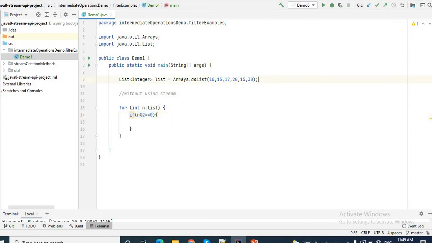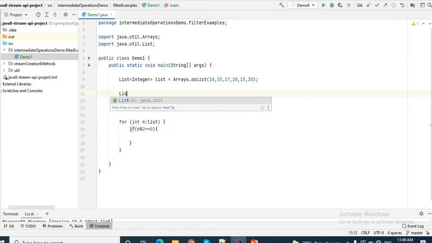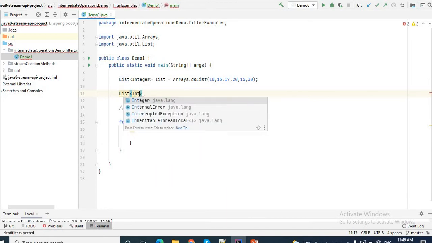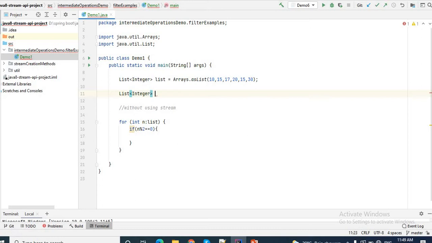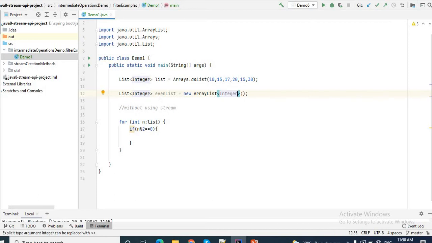For this, let me create another list here as well, an integer type list. Let me name it evenList, equal to new ArrayList. So I will add all the numbers to this list if the condition is satisfied, that is, if the number modulo 2 is equal to 0.